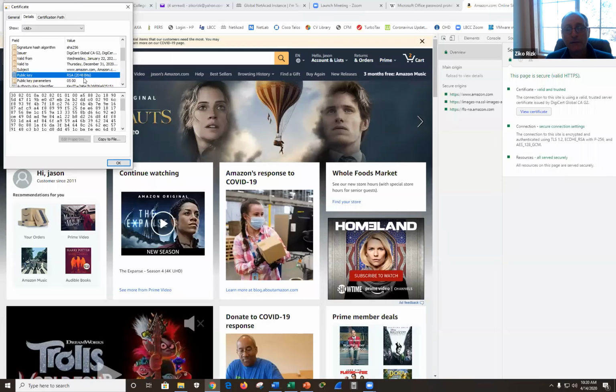And it's 2048 not because they want it to be super secure, but because this is the bare minimum you would need for a PKI key to be considered secure in 2020. 1024 is just not secure. And that's because of that unique relationship between private and public. And this is the public key in hex. And like I said, it's public. What you're not going to find here is the private key, because that they need to keep to themselves.